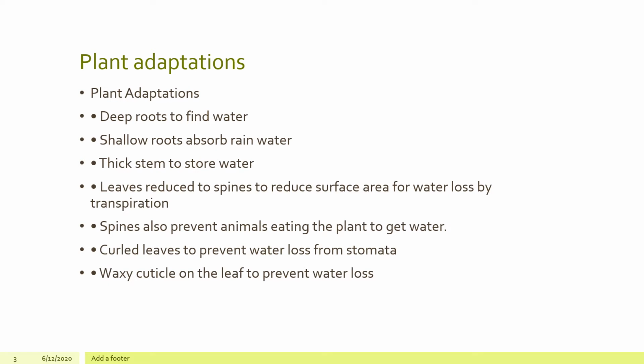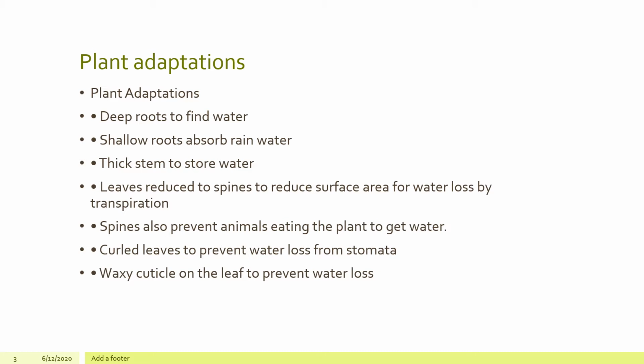Plant adaptations. The adaptations that plants have are to dig deep roots to find water, have shallow roots to absorb rainwater, and thick stems to store water. They also have leaves which are reduced to spines, especially in deserts. An example of this is cacti, where the leaves are reduced to spines to reduce surface area for water loss by transpiration, because there's very limited water in deserts, so they have to have very